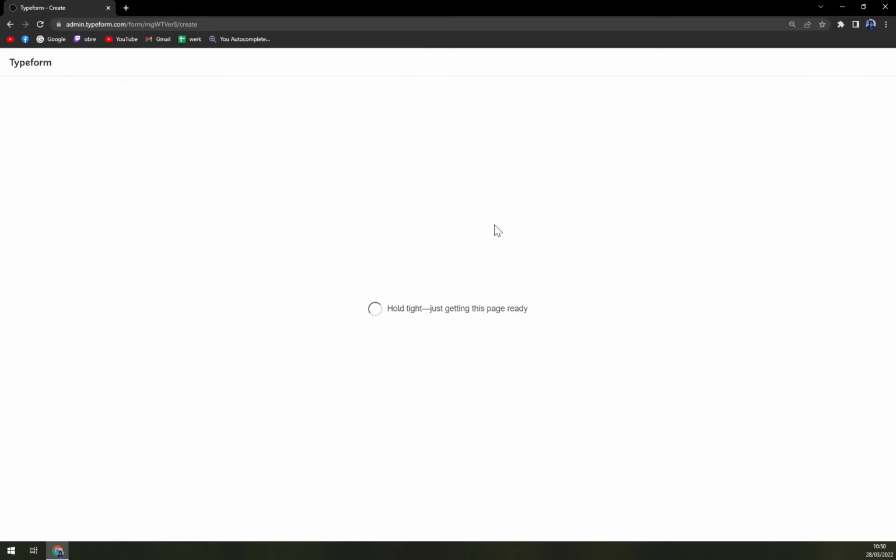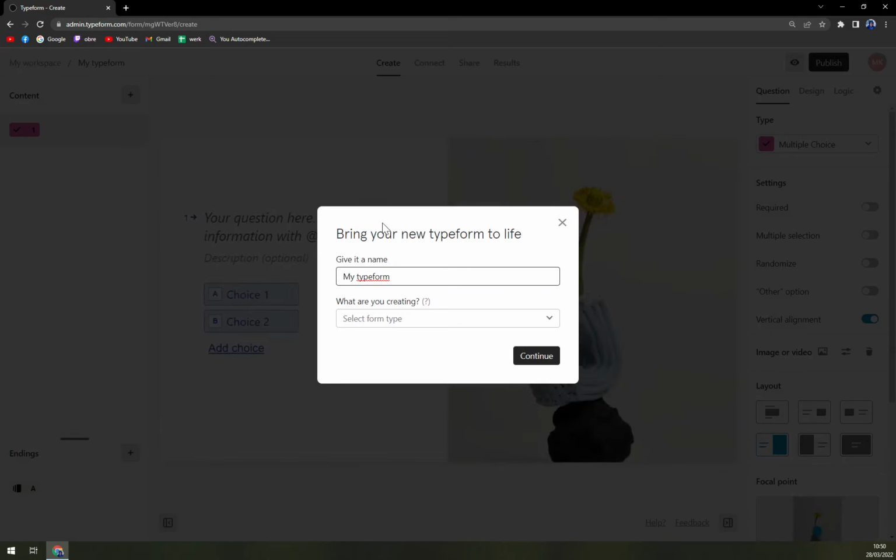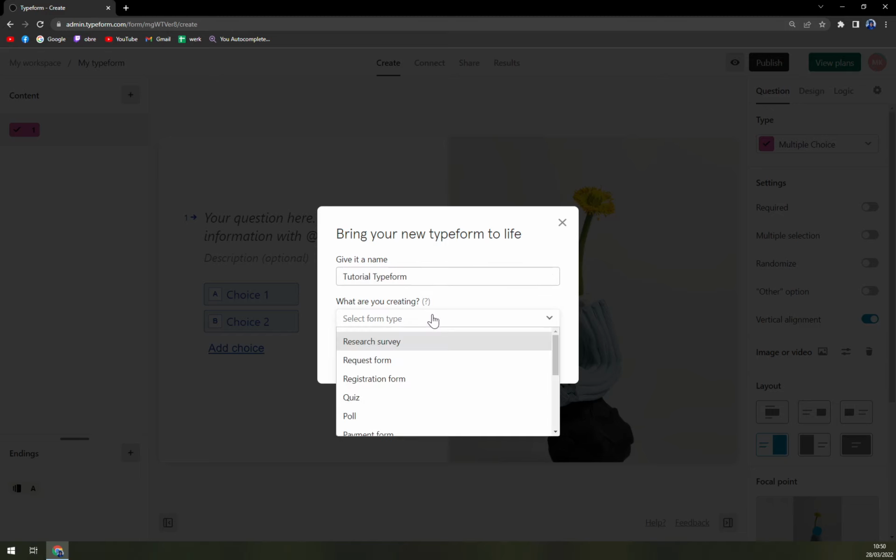Once we click on start from scratch, they really want us to basically name our typeform. So give it a name. Let's go tutorial typeform. What are you creating? And now you can basically start